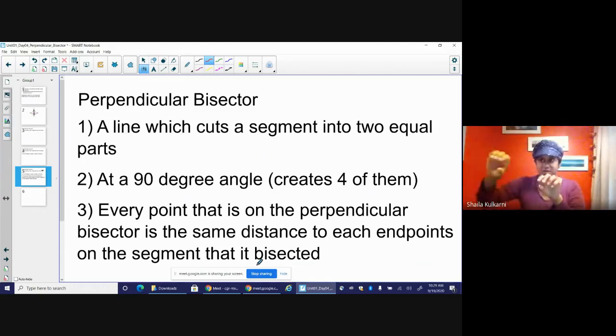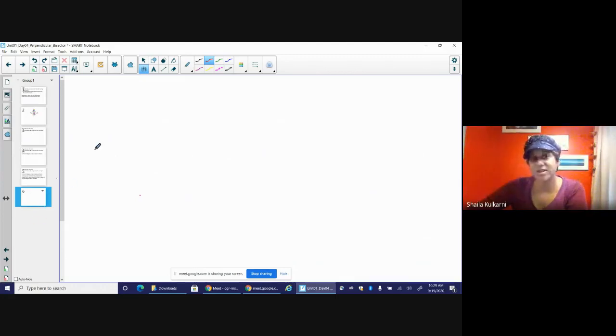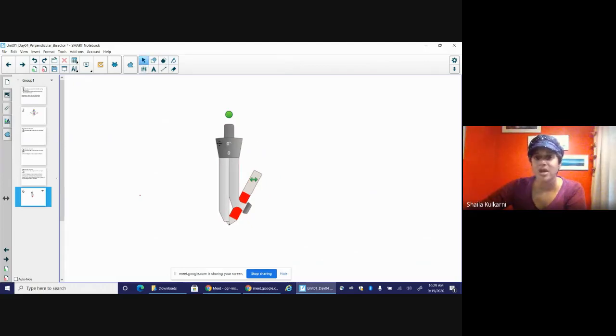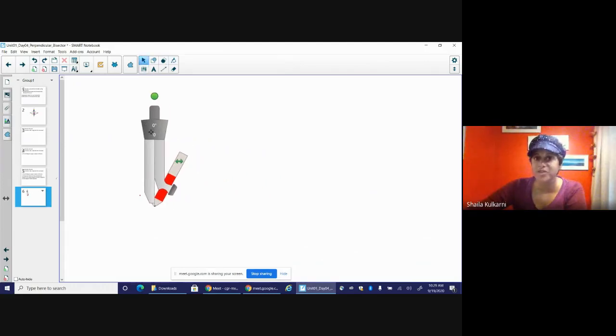It'll be same distance to the left as it is to the right. Okay. Now, after we did that activity, we would do something very exciting, which is get our compass out for the first time. So some of you may have bought a compass. We also have a class set of compasses, but we would learn how to use our compass to do that